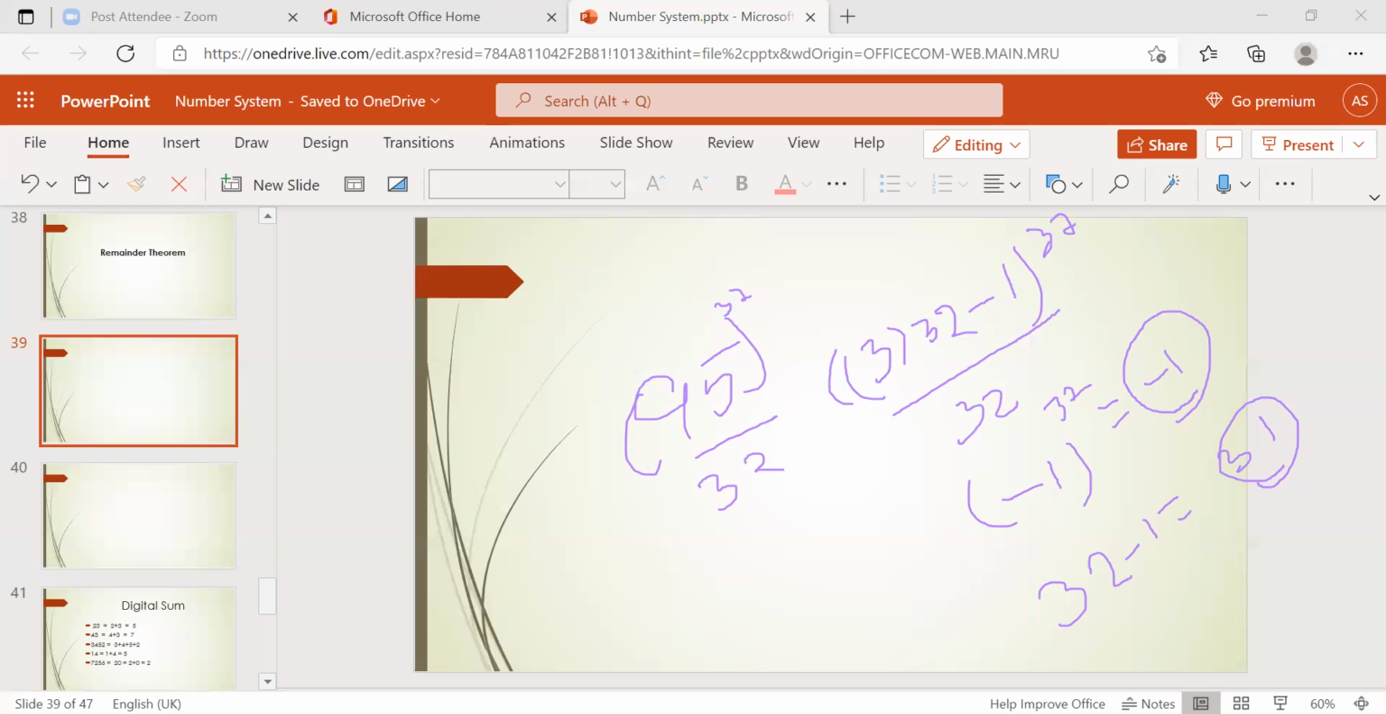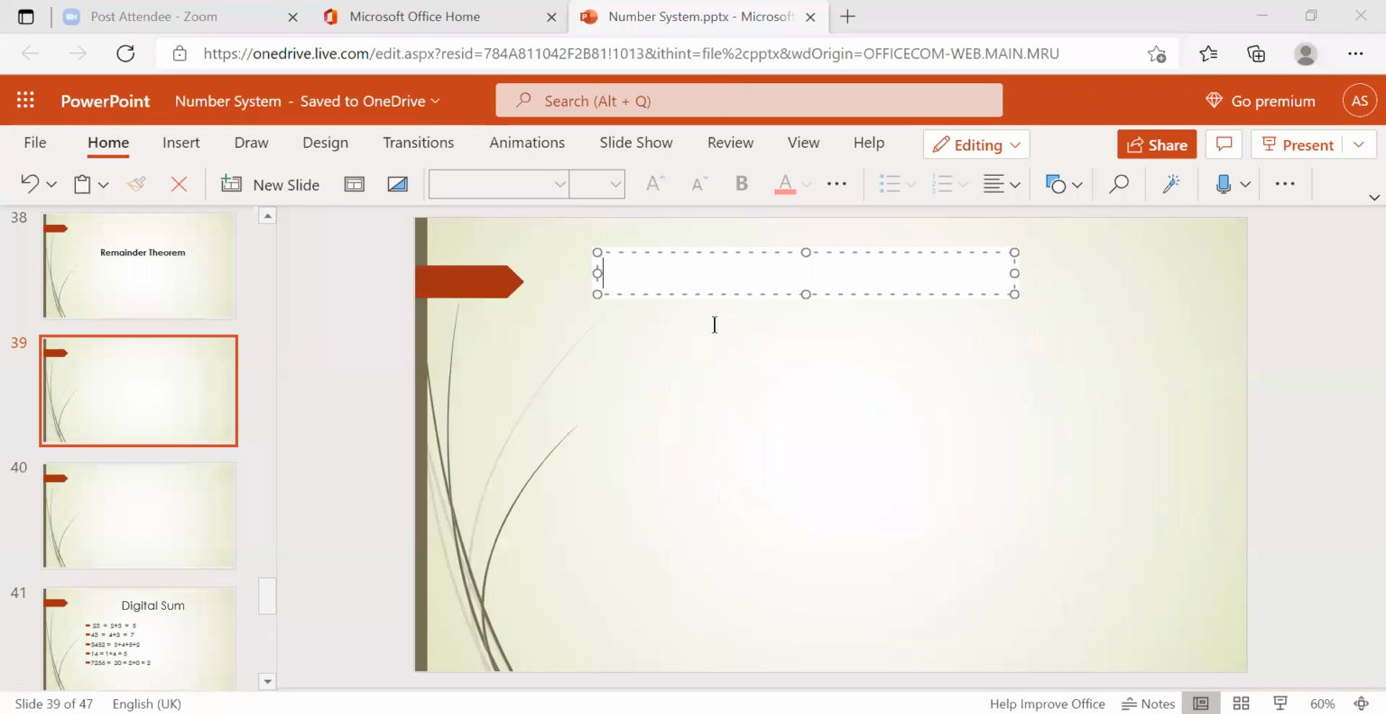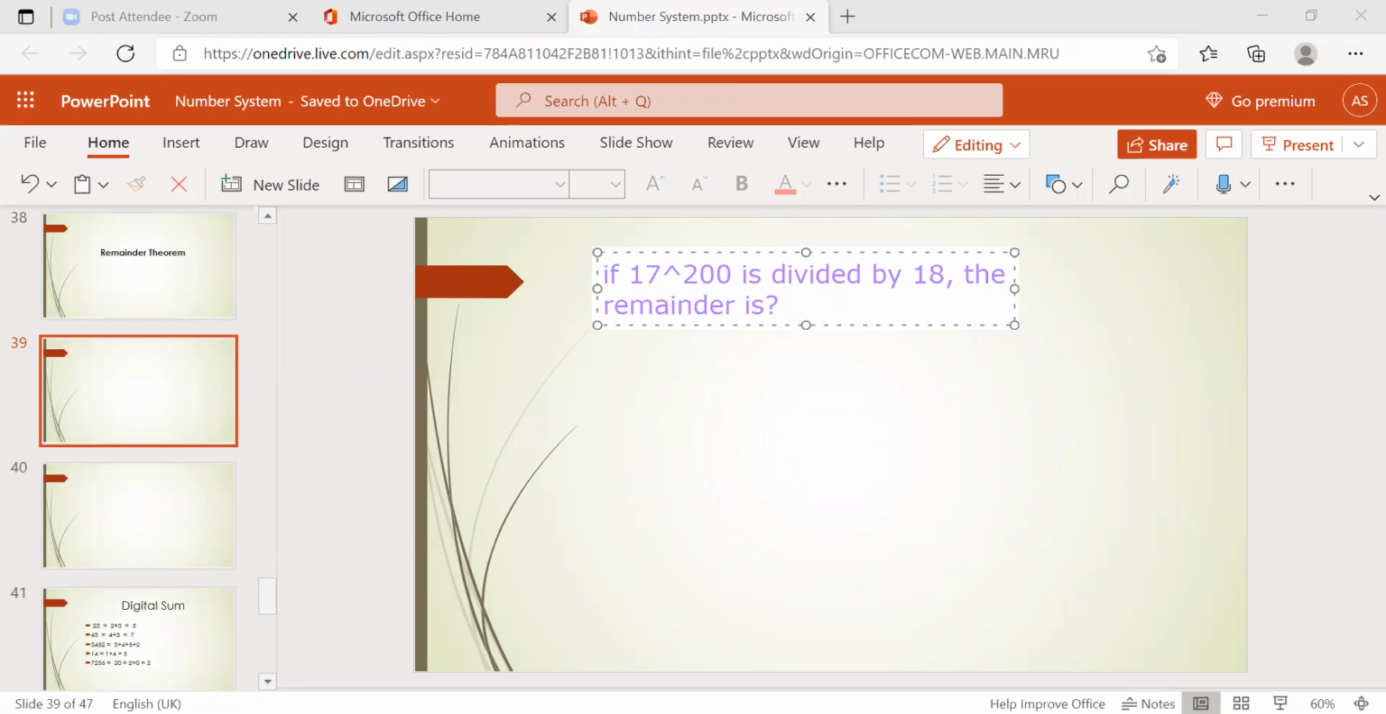Now the question is for you. So I'm going to clear everything, and the question is for you here. If 17 power 200 is divided by 18, the remainder is,